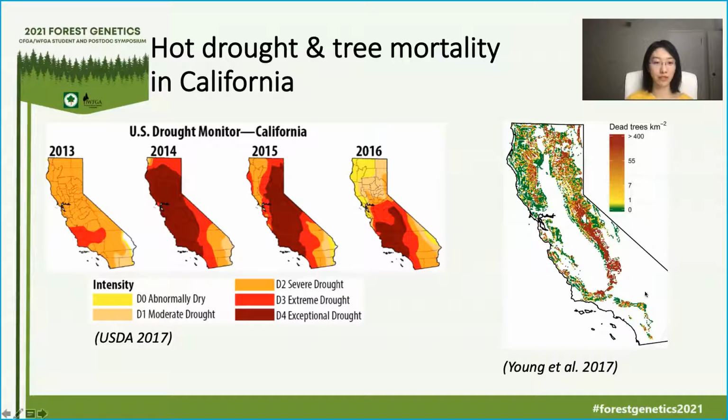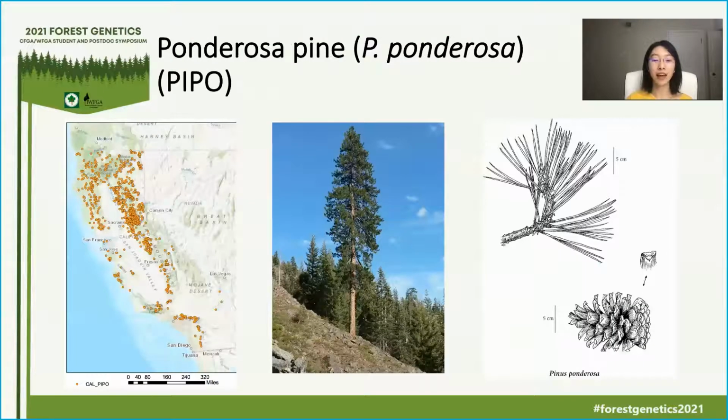In this study, I chose ponderosa pine as a focal species. Ponderosa pine is an ecologically and economically important species. It tolerates a wide range of temperatures and precipitation. It is regarded as one of the most drought-tolerant trees in North America. Genetic resources are fairly well developed in conifers, with available methods of sequencing and data analysis, as well as available reference genome of loblolly pine.